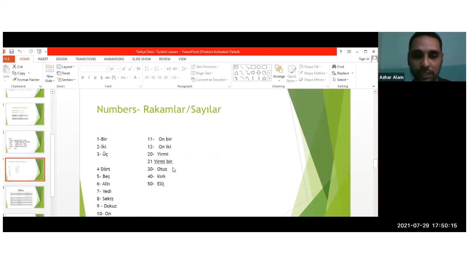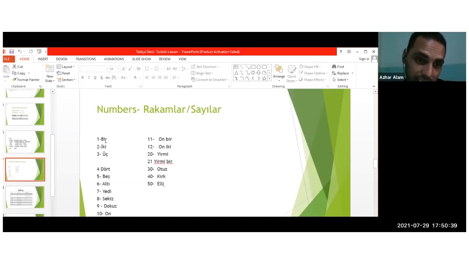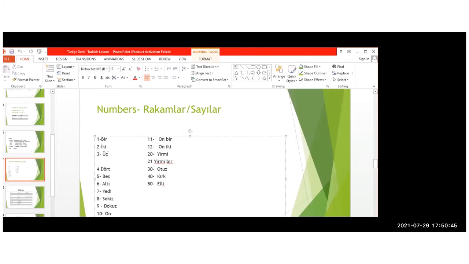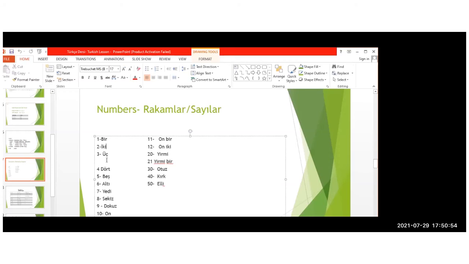Okay. So we are left with this. One more thing which is very easy. Like we write 1, 2, 3, 4, 5 in English, we have similar in Turkish. We are not going to write it in a different way. We have to write 26 like 2 and 6. Similar. How we pronounce it is written here. If you can read. Bir, like in English. Iki. Bir. Iki. Uch. Correct. Uch. Dort.